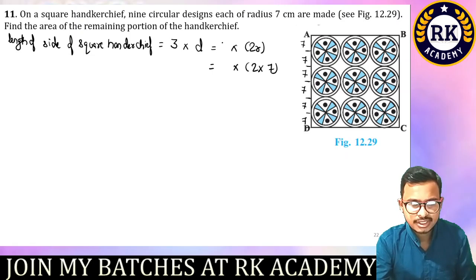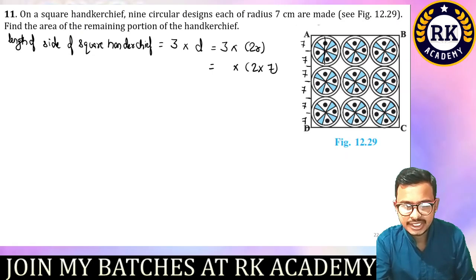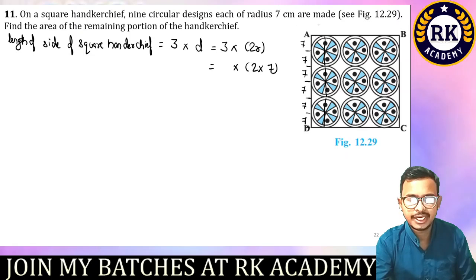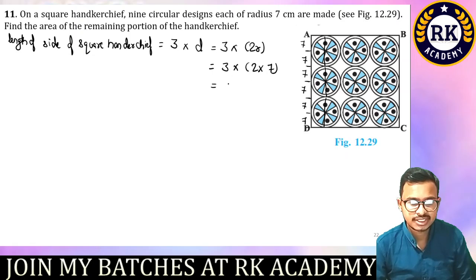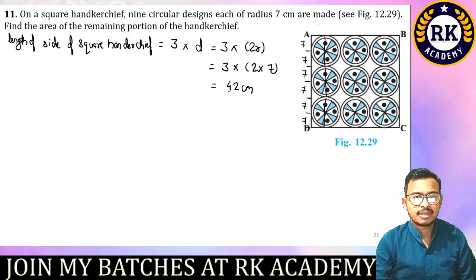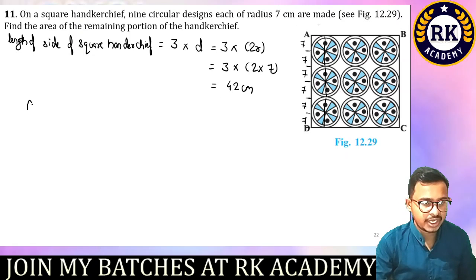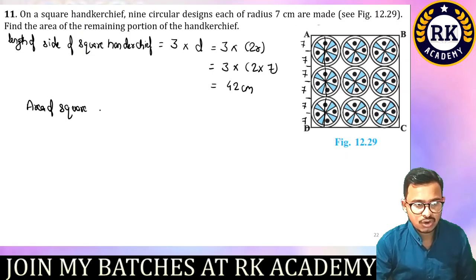Three circles, where one diameter is this, this is the second diameter and this is the third diameter. So AD, how is AD formed? AD is formed by combining these three diameters. So one diameter is 2r. So I will say 3 into 2 into 7. So let us calculate this. 3 sixes are 18, it will be 42 centimeter. Now what is the length of the side of the square? 42 centimeter. If you want to find the area of the square handkerchief, so area of the square handkerchief,